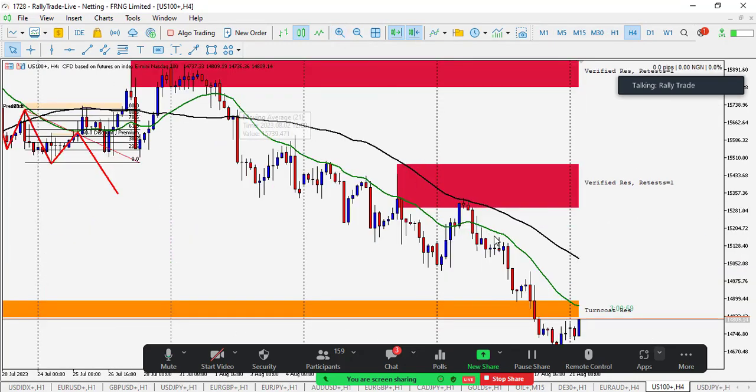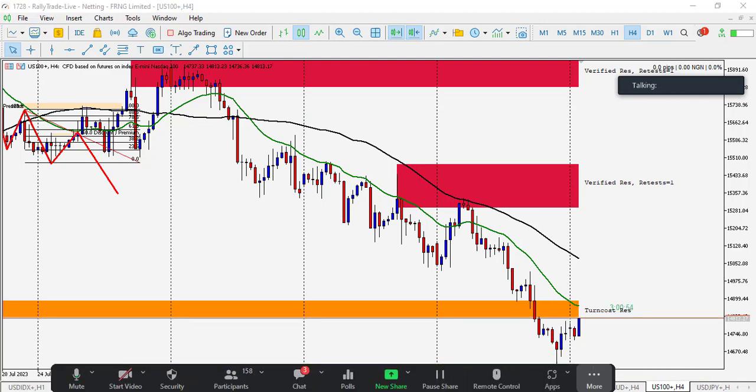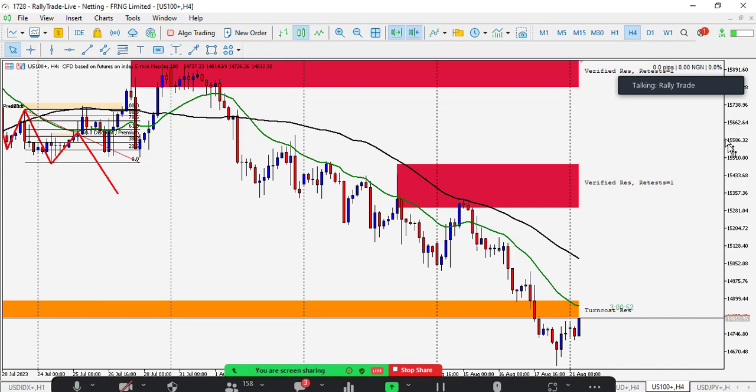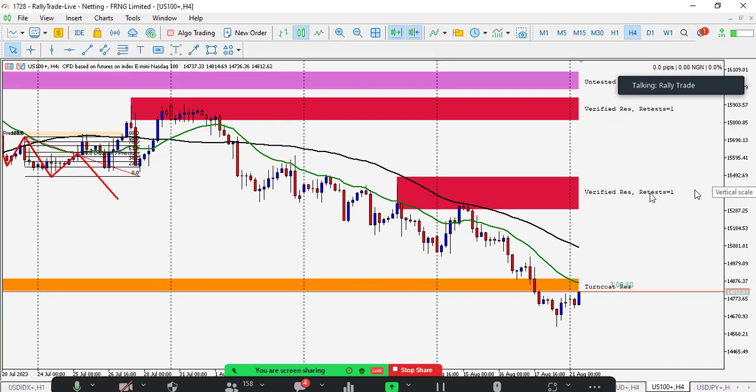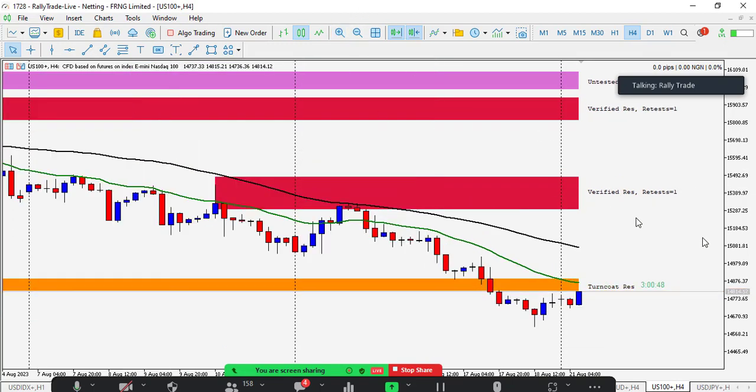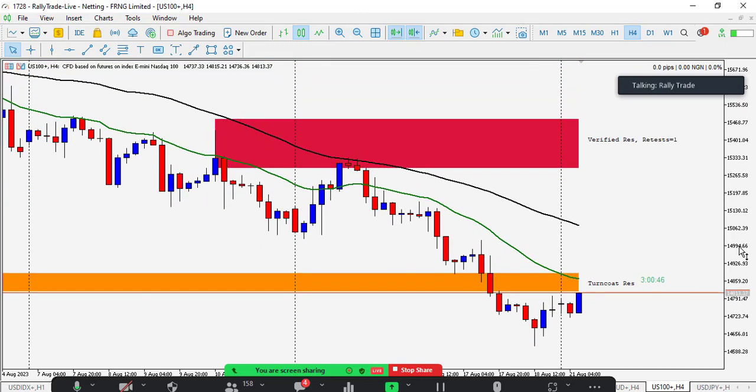So we saw this massive dump towards the downside. Then of course right now the market is trading towards the upside, but it is still a downward trend, right? That means if you must take advantage of it, you must have a stop loss. Stop loss is a very minimal risk that you can take, that you can sacrifice, of course.